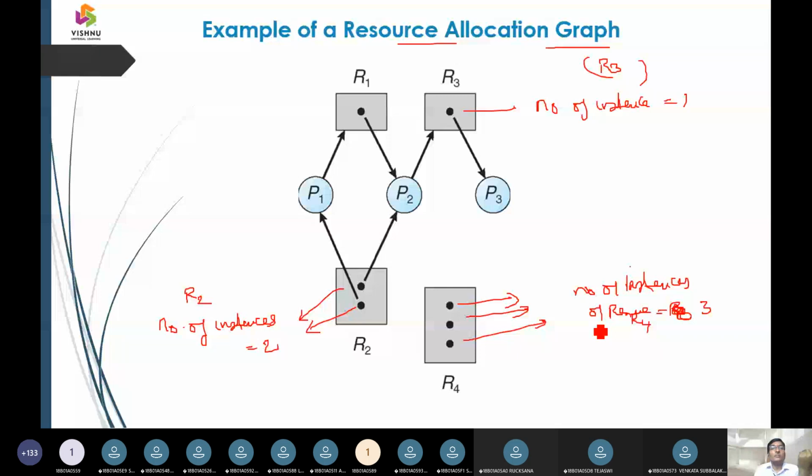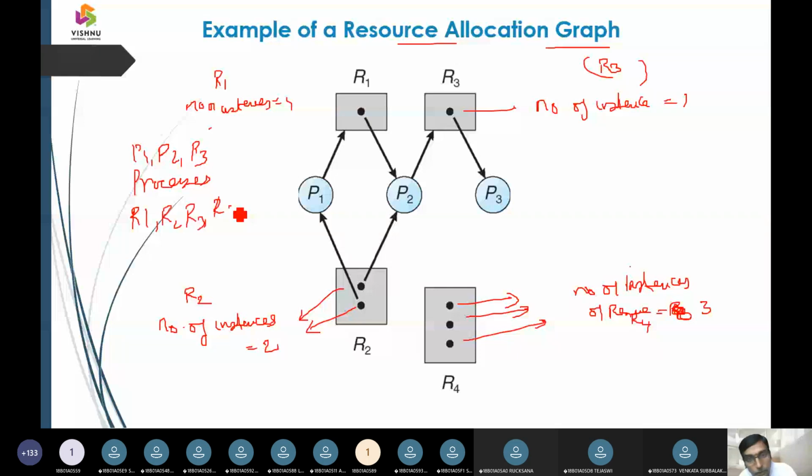So P1, P2, P3 are called processes. R1, R2, R3 and R4 are called resources. So processes are represented as P1, P2, P3. Resources are represented as R1, R2 and R3.